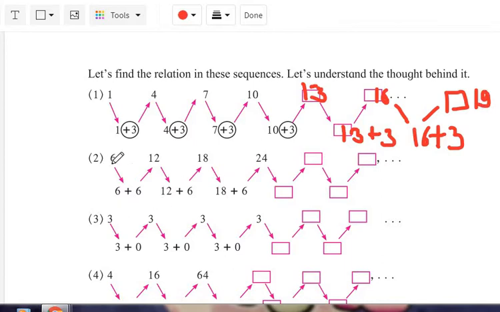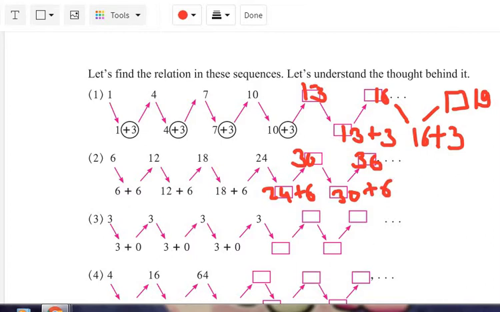Similarly here 6, 12, 18, 24, which is the table of 6. Okay. 6 plus 6, 12. 12 plus 6, how much? 18. 18 plus 6, 24. Then here it is 24 plus 6. Okay. 24 plus 6 is 30. Table of 6 is there. Then what will come after 30? 36. 6 sixes are 36. That is 30 plus 6. That is 36 and so on.